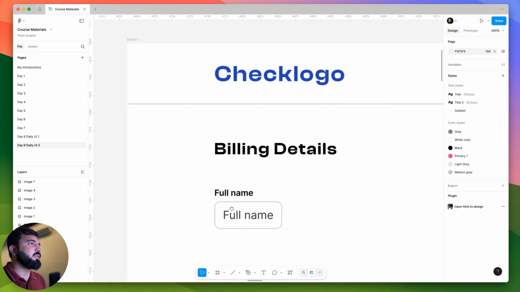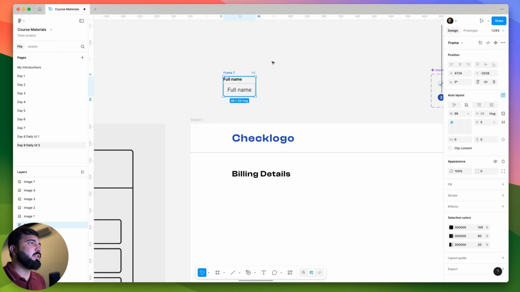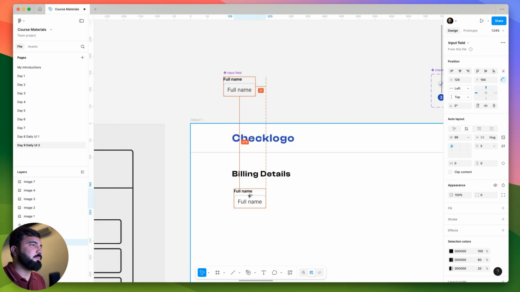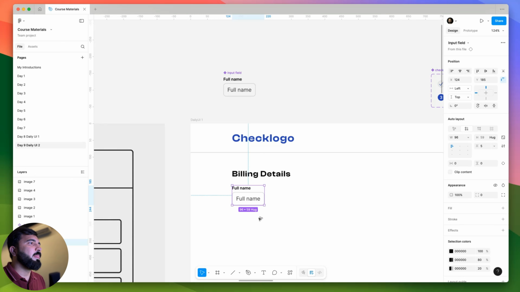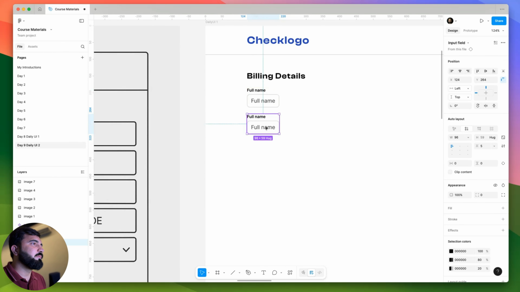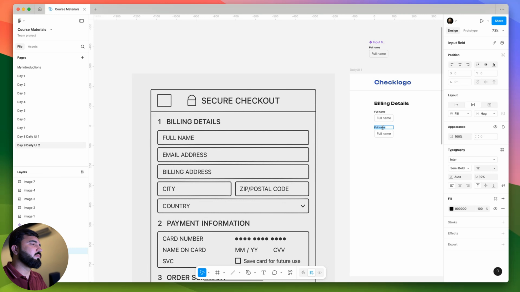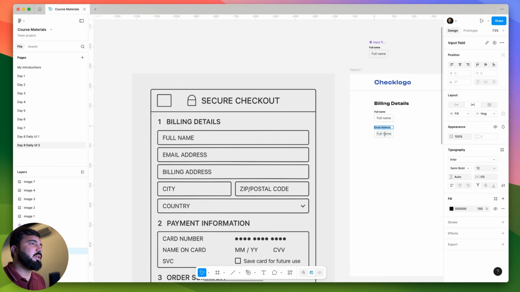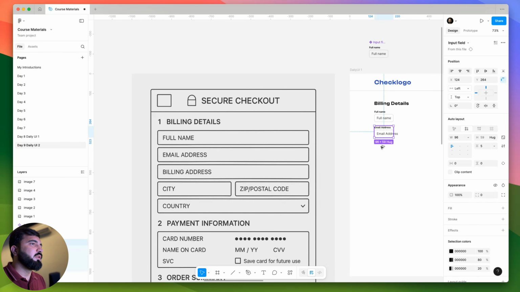Okay, so we created our first input field, and let me do one thing. I will make it a component, and I will name it input field. All right, I will use it over here. So we have first the full name, then we have email address. All right, copy as a text, and I will paste that over here. Then we have